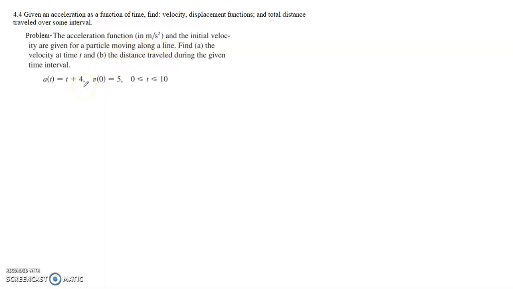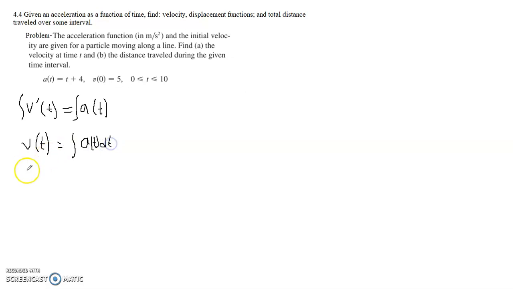Okay, so to find the velocity function at time t, we will have to integrate the acceleration function, right? In other words, the derivative of velocity gives us the acceleration, so we'll have to work backwards, right? So v prime of t is our acceleration function. That means if we take the integral on both sides, we will get our velocity function. And then we'll have the integral of a